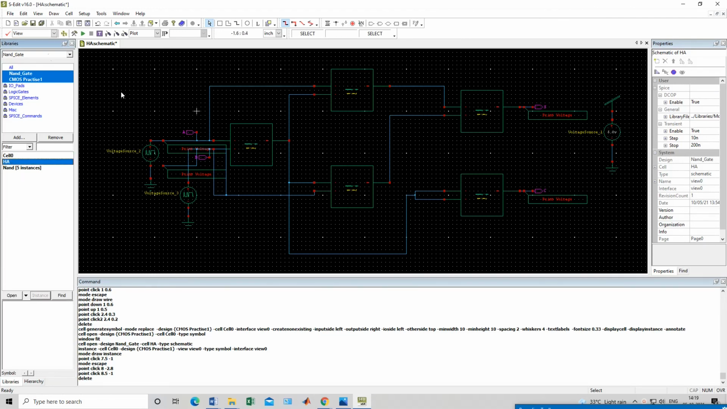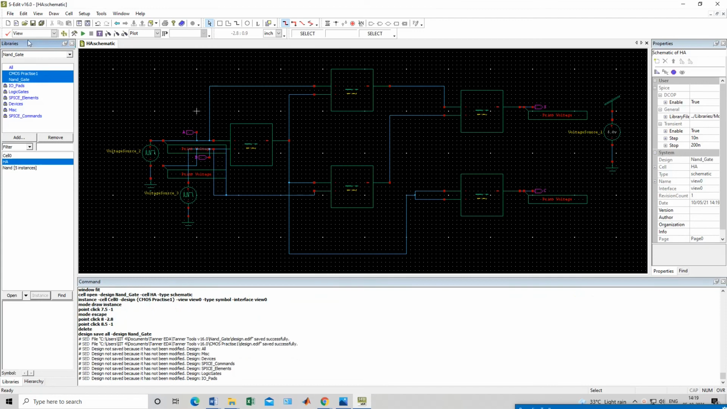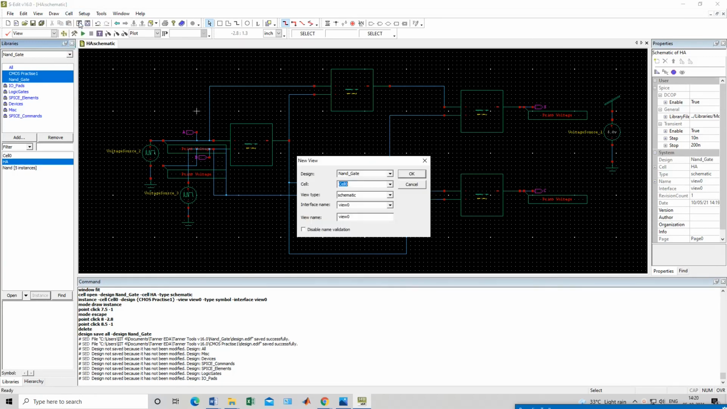Just save this design by clicking on this button, save all changes. Just save it, otherwise you will lose this design. It will save everything with your library, with your configuration, with your parameters, everything it will save. Now what your homework is, you have to go to this cell, you have to go for new view,